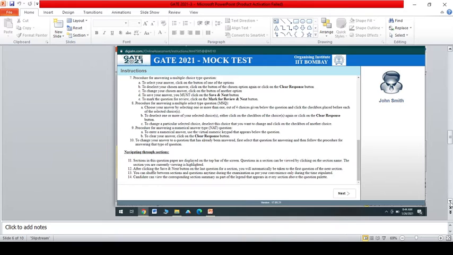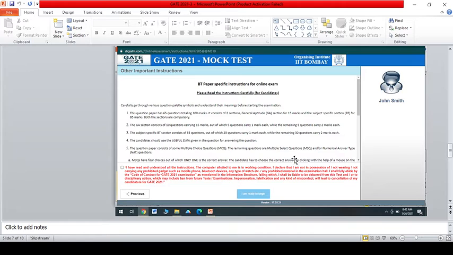And the next thing is negative marking. Regarding the question palette, you will have 65 questions, and among the 65 questions there will be 100 marks. It consists of two sections: general aptitude, and another section of 85 marks.